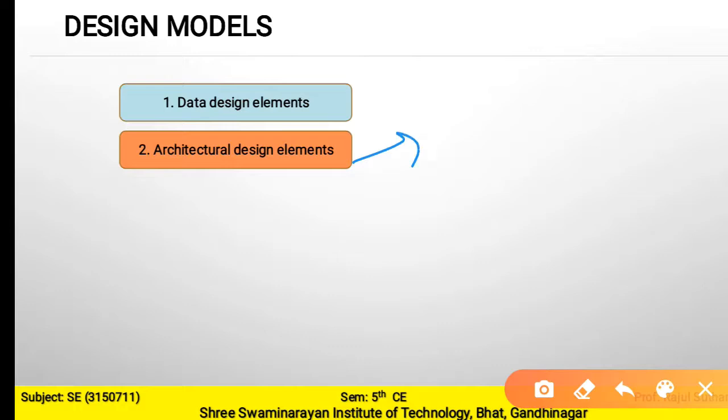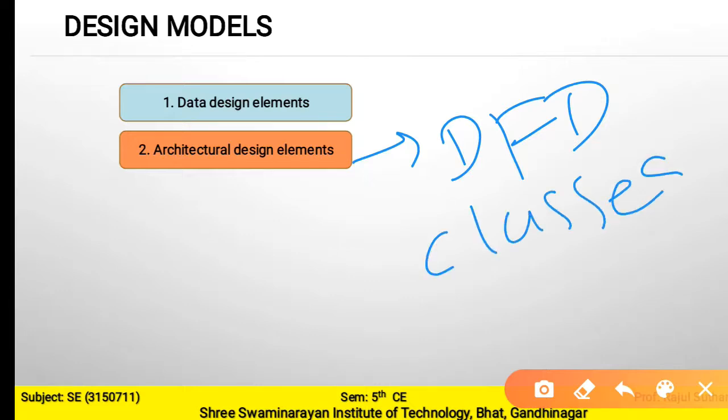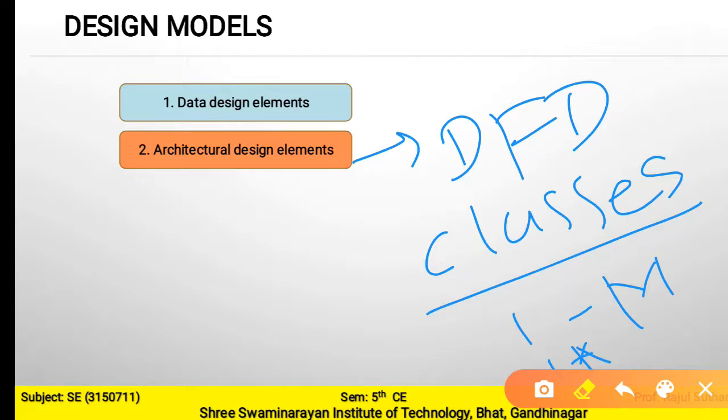This covers the DFD, data flow diagram, or the analysis of classes. It also covers the relationships and collaboration between them, the relation between the classes: one to one, one to many, one to star. This type of relationship is provided between the classes. The architecture style and pattern is most useful for creating the architecture design.